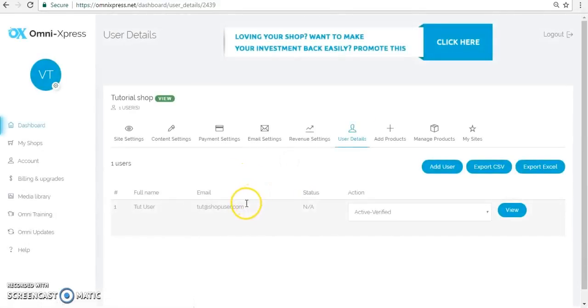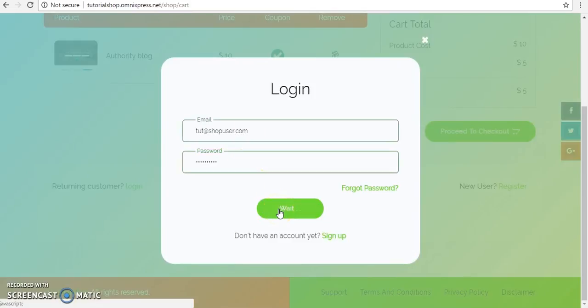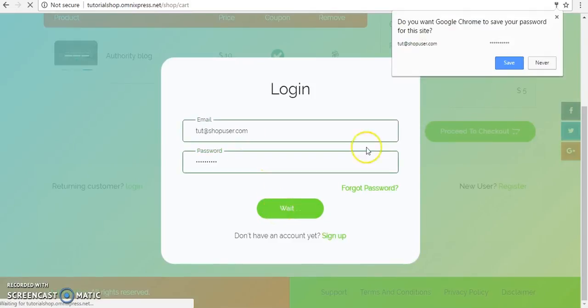Yes, here it is. Copy. Okay, here's the email and here's the password. I click on submit. Okay, cool.